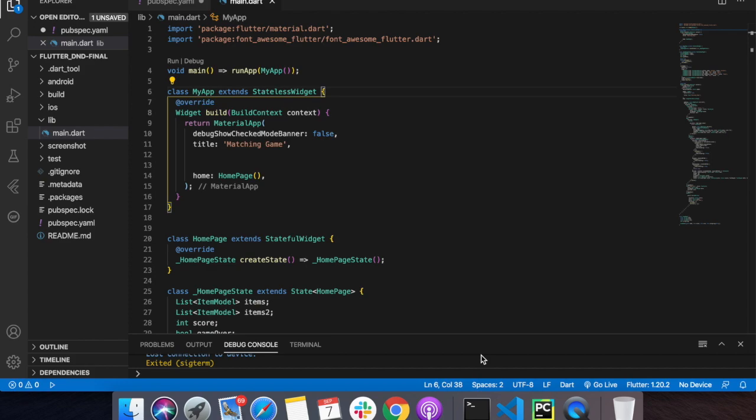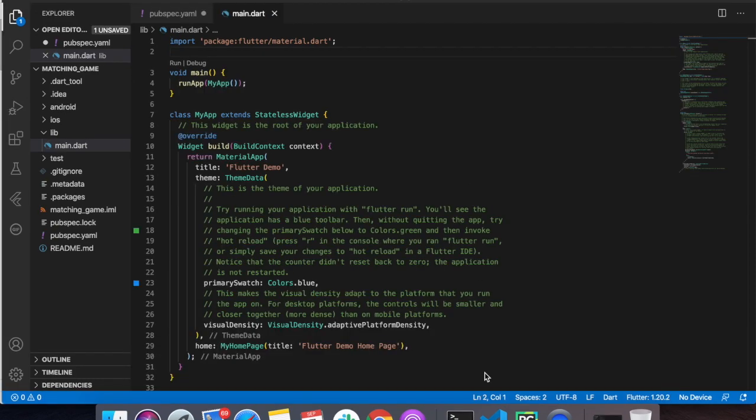So in this video, we are going to see how to implement the drag and drop feature in Flutter. And by using this feature, we are going to create a matching game like you have seen in the beginning of this video. So let's get started and see how to create a matching game by using the drag and drop feature in Flutter. I have created a new Flutter project with the name matching underscore game,